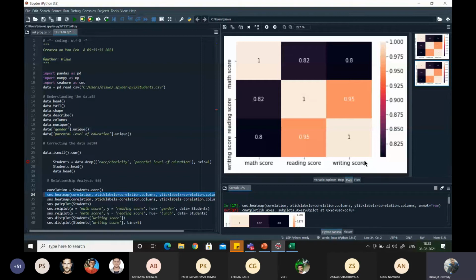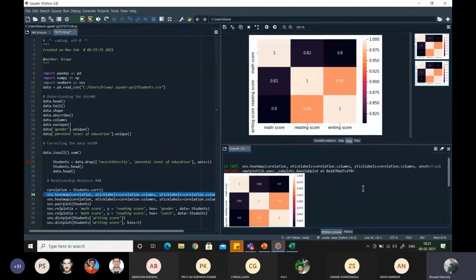And as I have written in the code, let me show you that code once again. The x tick labels means in the x-axis your correlation columns will be there. So here you can see the columns are math score, reading score, and writing score in the x-axis. In the y-axis also the same thing is there: writing score, reading score, and math score.